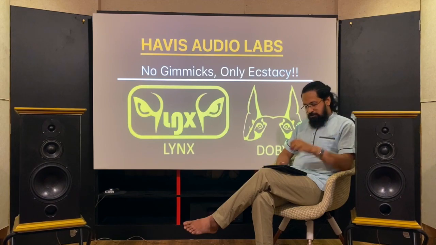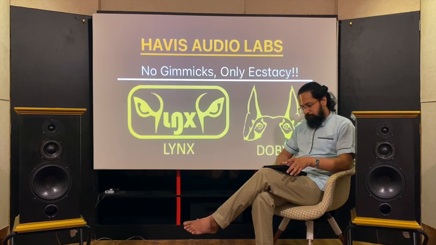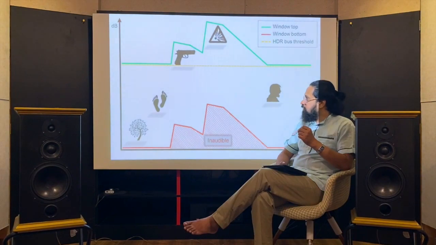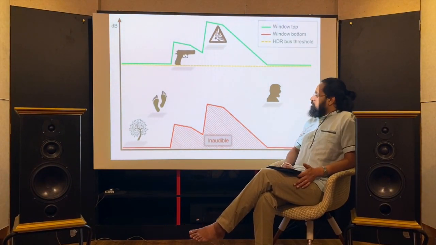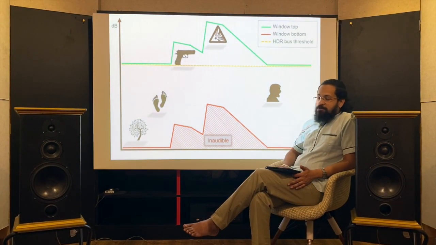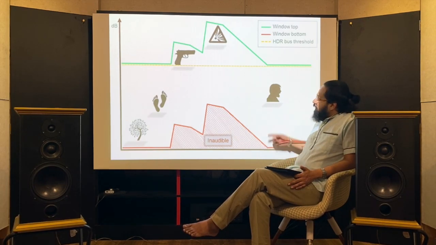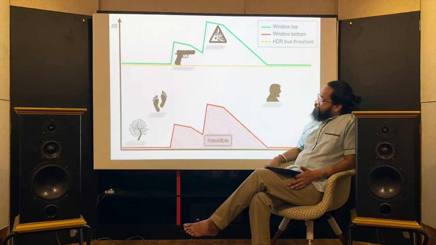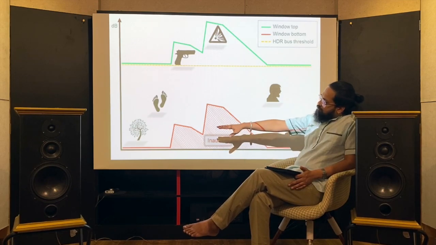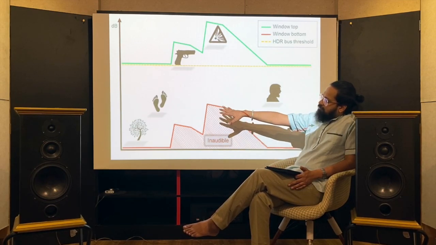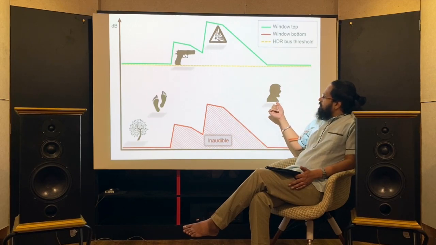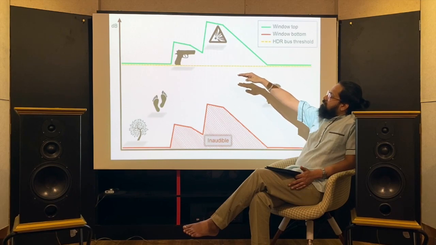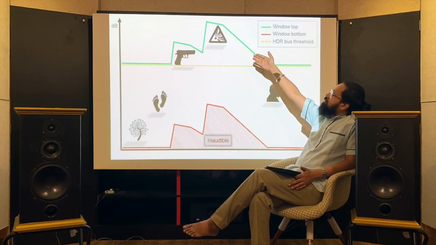To answer this question, let's get into a graph. Here is a graph. Looks like it explains everything all by itself. Now on the x-axis, we have different kinds of sounds. On the y-axis, we have the loudness level. Silent forest, footsteps of human beings, speech, little louder, bullet shot, a little louder, an explosion, really loud.